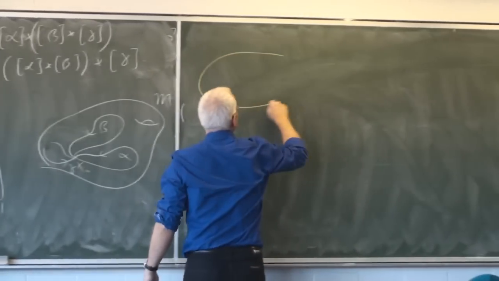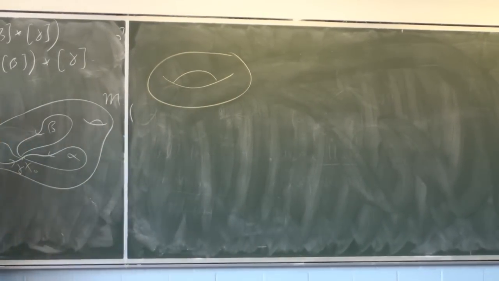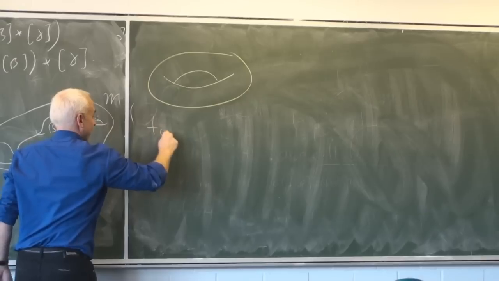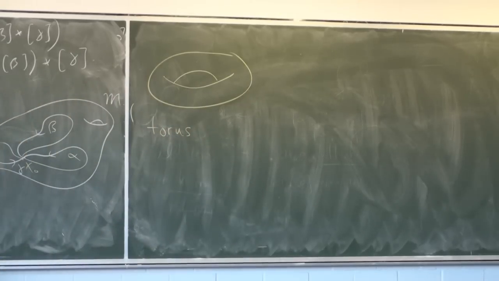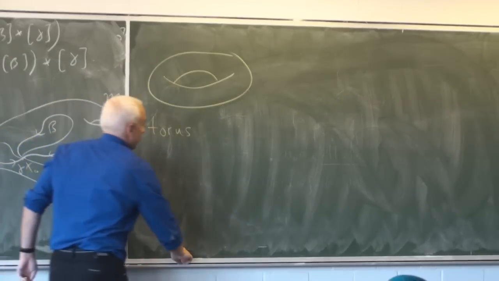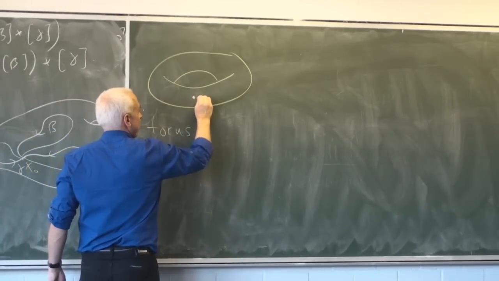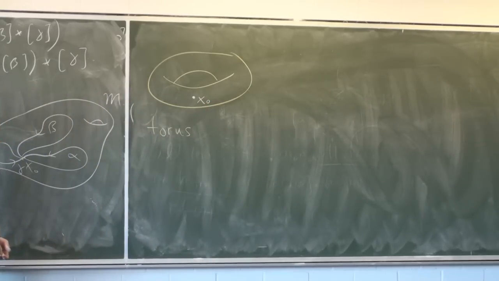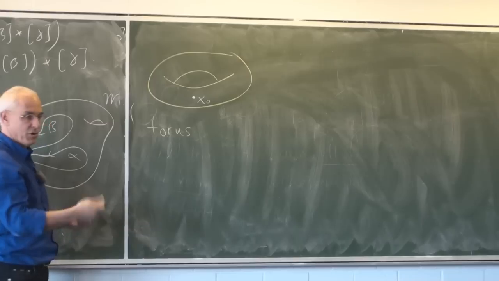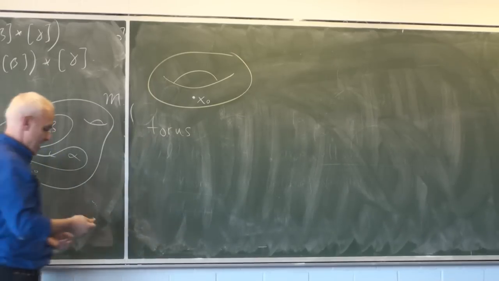And probably a good place to start is our friend the torus. Well, we choose a point. Let's choose, okay, so that point right there, call it x0. We want to find some loops on this space. Now, a loop